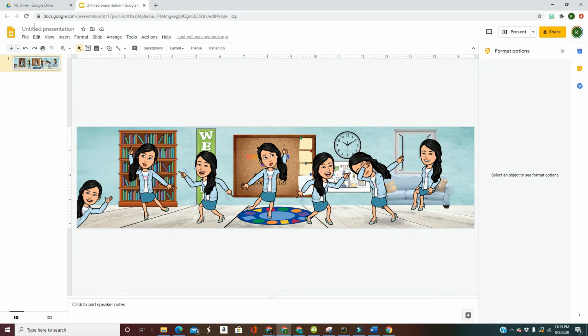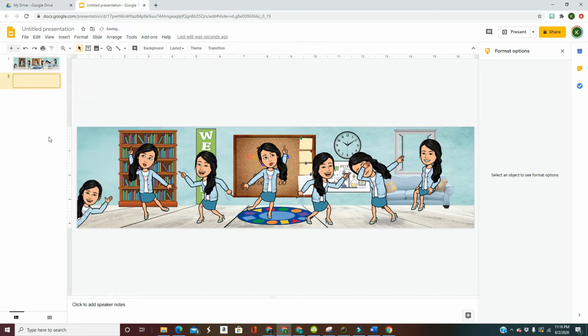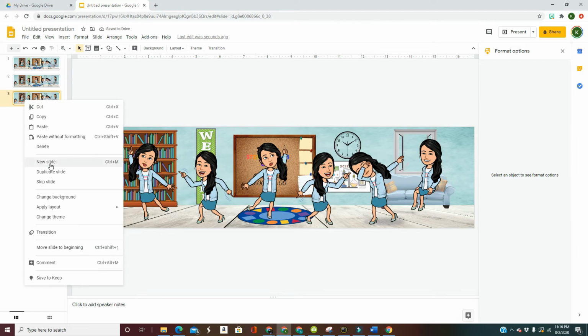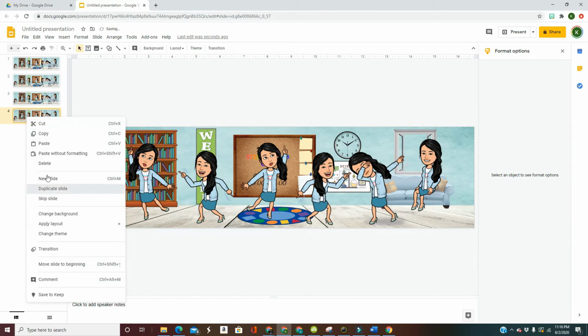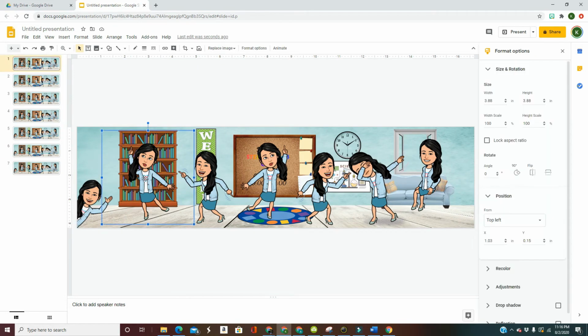So what we are going to do is just duplicate. So there are 1, 2, 3, 4, 5, 6, 7 Bitmoji images. So what I am going to do is make a duplicate of this slide. I'm going to do that 7 times. So that's 2, 3, 4, 5, 6, and 7. So then I'm going to go back to my first slide, and then I am just